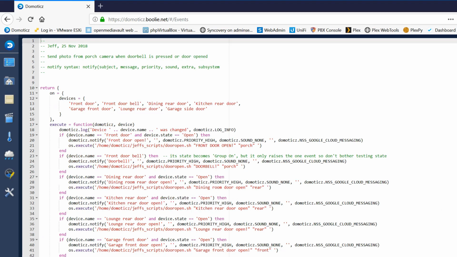This one's a bit more fancy. This is my CCTV snapshotting event. So if one of the doors is opened, hopefully by us, but that's what it's there for, or the front doorbell is rung, then this thing gets fired. And what it does is send a notification, this time Google Cloud Messenger, which goes to the Domoticz app on my phone and runs a script. os.execute just runs a Linux script, and I've got a shell script that takes a snapshot from the relevant camera and emails it